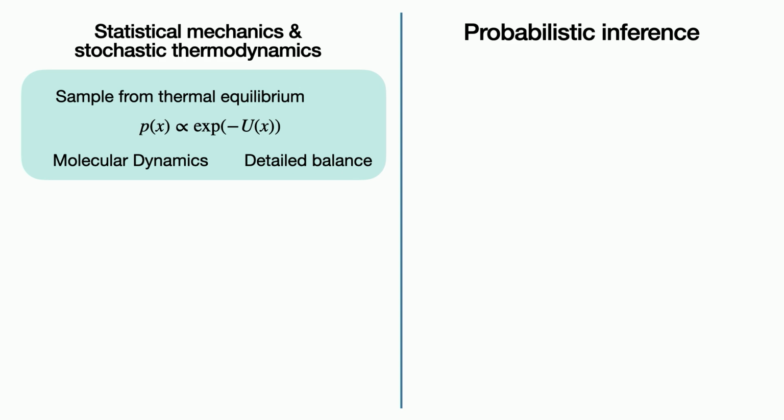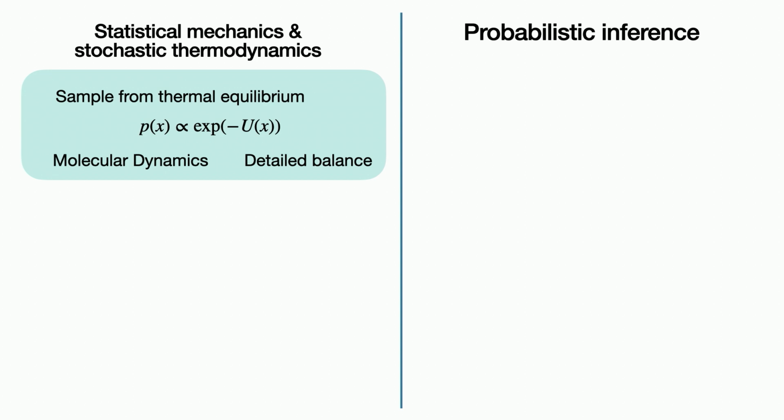All right, so first I want to narrow down the concept a little bit, because I brought up two quite huge concepts. So I want to start with statistical mechanics and a specific problem that in statistics people call sampling from an unnormalized density, where we have an unnormalized density function defined by the energy function U, and we want to draw samples from the invariant distribution. If you want to build a Markov chain to sample from the invariant distribution,